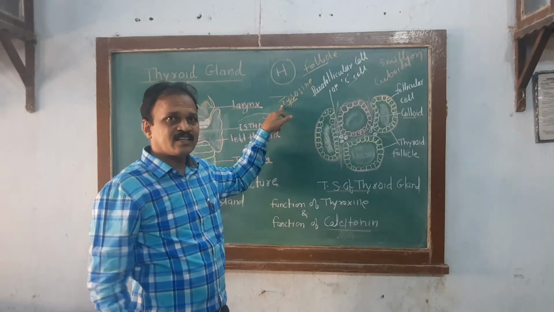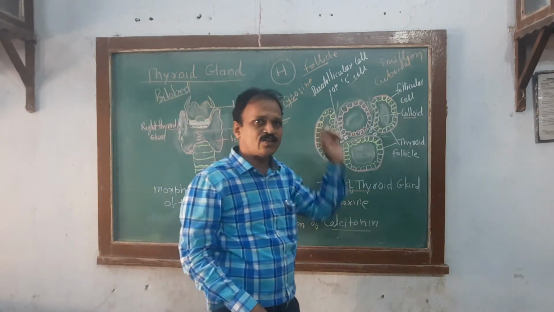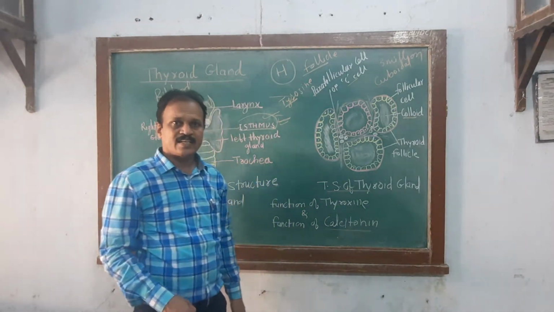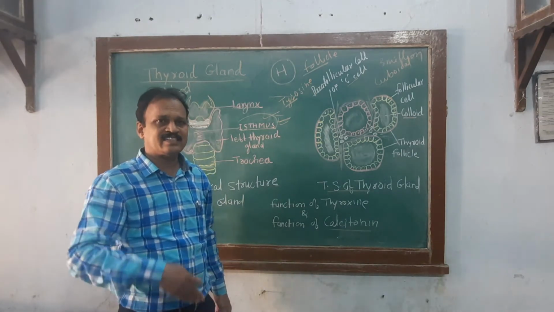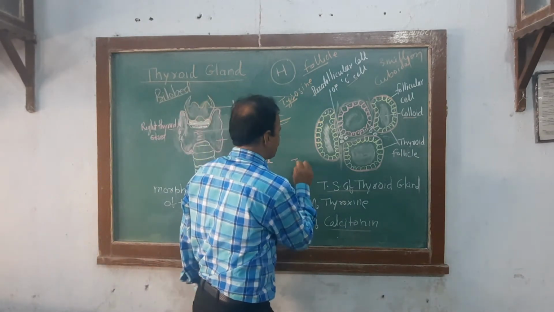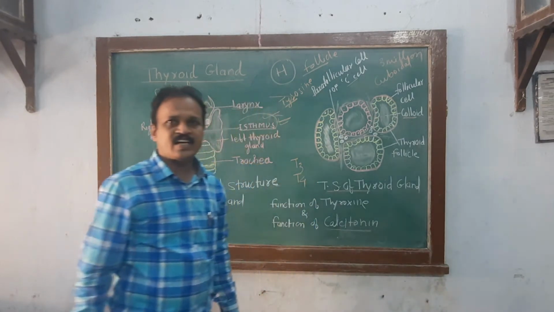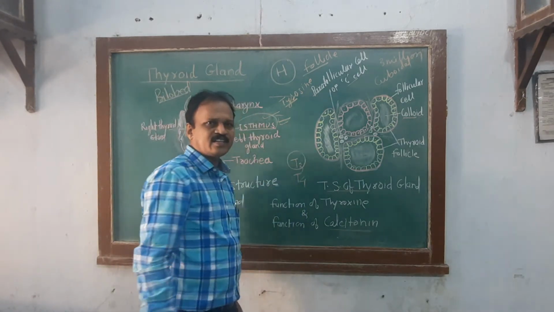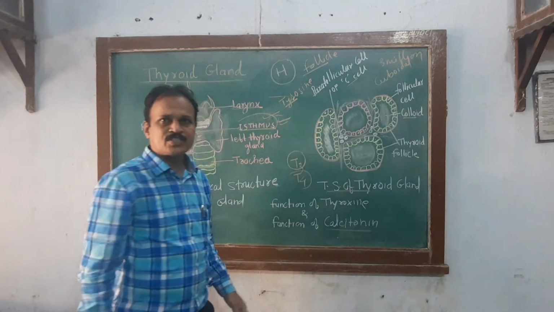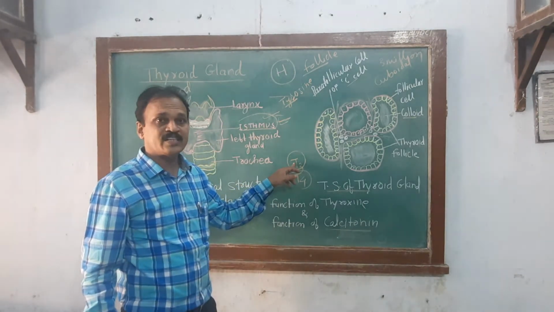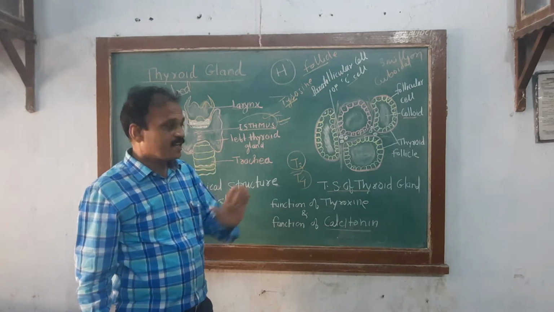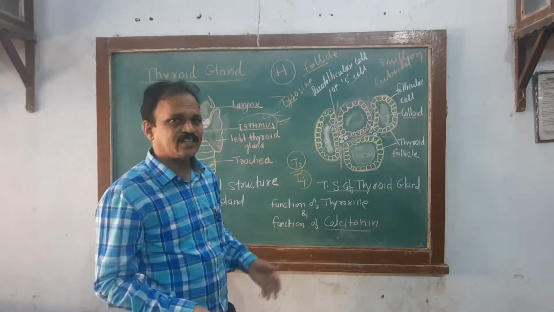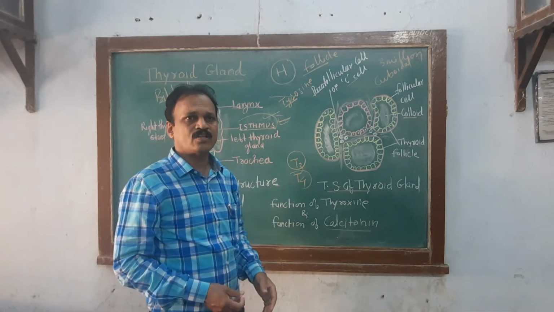This amino acid combines with iodine molecules, forming monoiodothyronine, then diiodothyronine. Again it undergoes metabolism and synthesizes thyroxine in the form of T3 and T4, triiodothyronine and tetraiodothyronine. T3 is small in quantity, T4 more in quantity, but T3 is more physiologically active than T4. That you have to remember. That will be stored in the colloid as thyroglobulin. Whenever there is a need, it converts into thyroxine and is utilized for body functions.